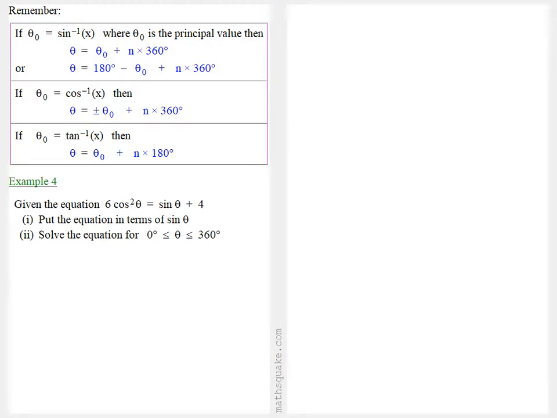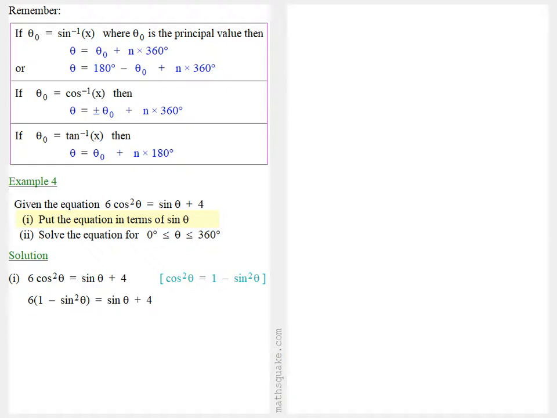Let's look at an example. Given the equation 6 cos squared theta equals sine theta plus 4, in part 1 put the equation in terms of sine theta. Well, to do this, we start with 6 cos squared theta equals sine theta plus 4, but we know sine squared theta plus cos squared theta equals 1, and so cos squared theta equals 1 minus sine squared theta. Now we can replace cos squared theta in the equation with 1 minus sine squared theta,